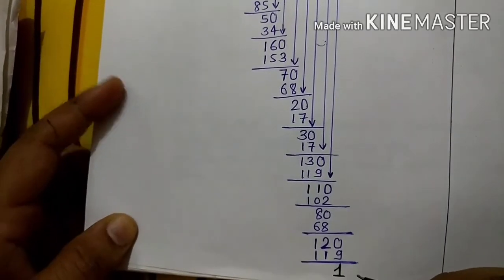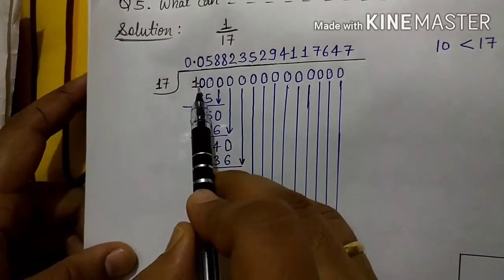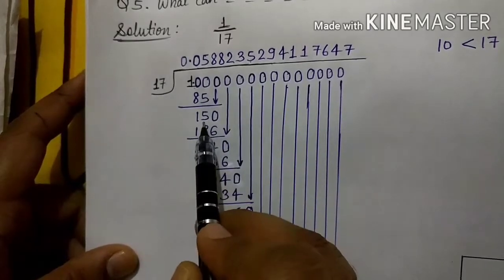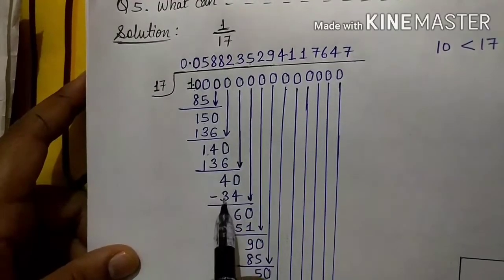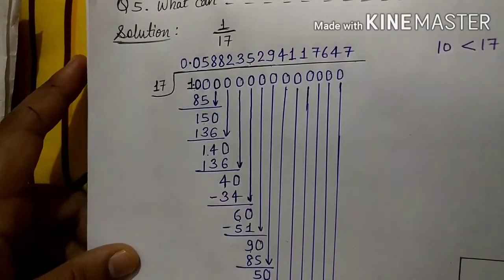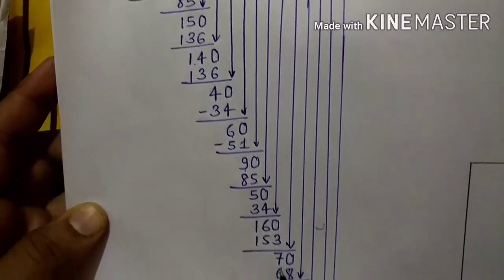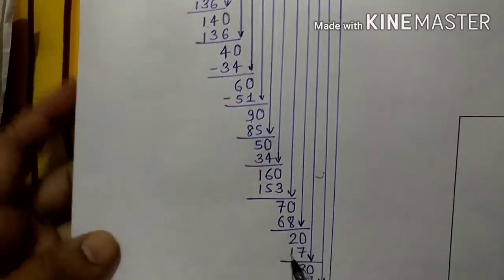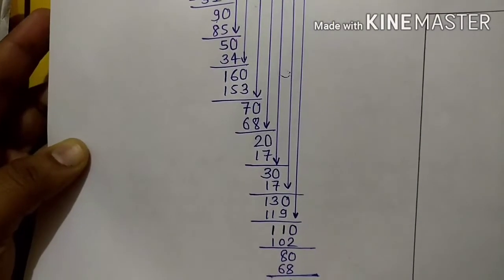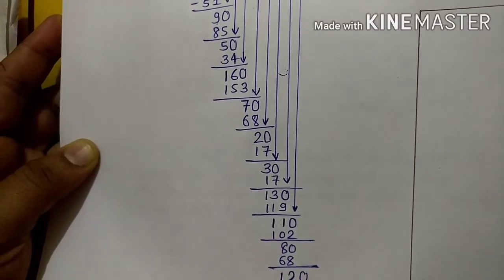Now if we check properly, from the start when you began solving, what did you have as a dividend? 1. Sometimes a remainder of 15 was left, sometimes 14, sometimes 4, then 6, then 9, then 5, then 16, then 7, then 2, even 3 remainder left, but 1 never came. At one point even 11 also came, but 1 never came. At last 1 came. Now what will happen?